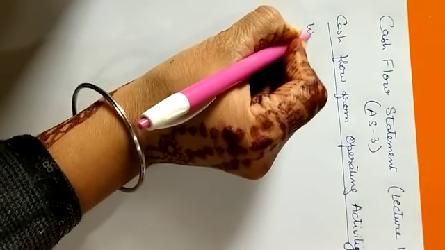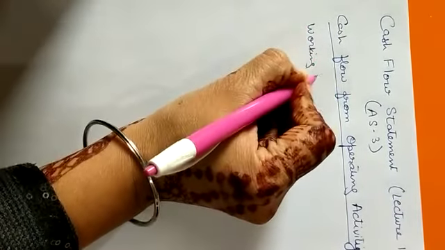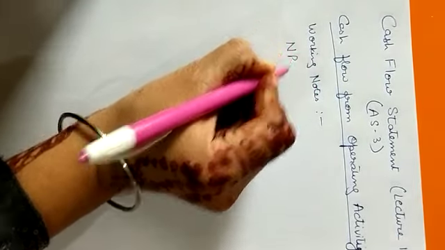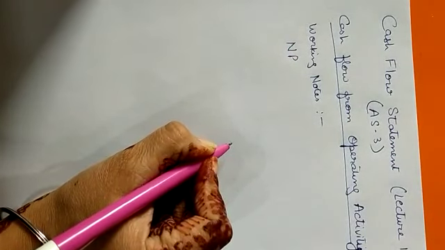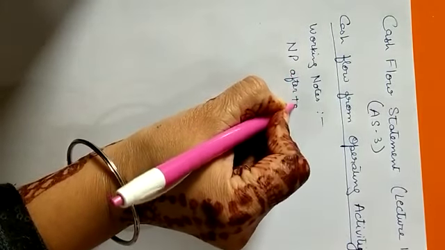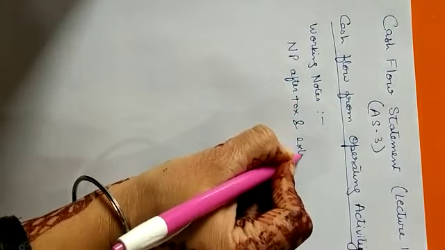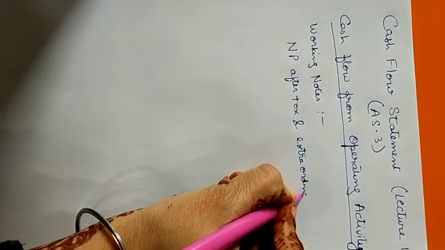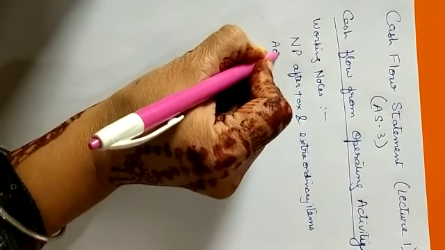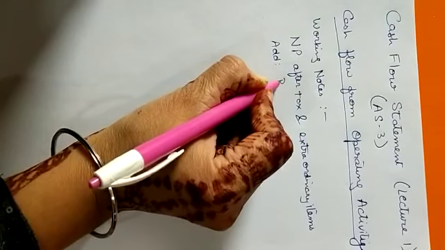To calculate cash flow from operating activity, we begin with working notes where we calculate net profit before tax and extraordinary items. For that, we begin with net profit after tax and extraordinary items. This we get from the difference in the statement of P&L account. To this we add four things: proposed dividend,